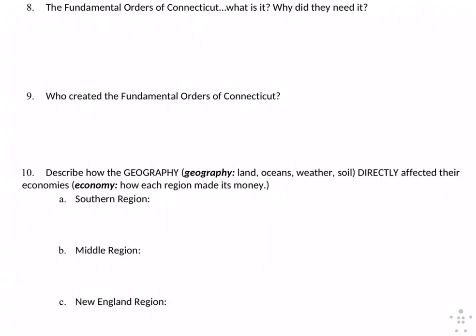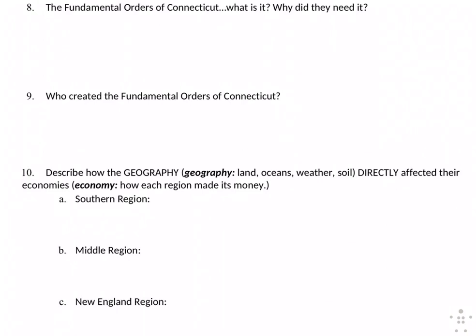Describe how geography, and when I talk about geography, land, ocean, weather, soil, directly affects their economy. Economy, how the region made their money. So those two correlate together. Those two are dependent on each other. Your economy, how you make your money in your region, is dependent on what is around you, your geography that